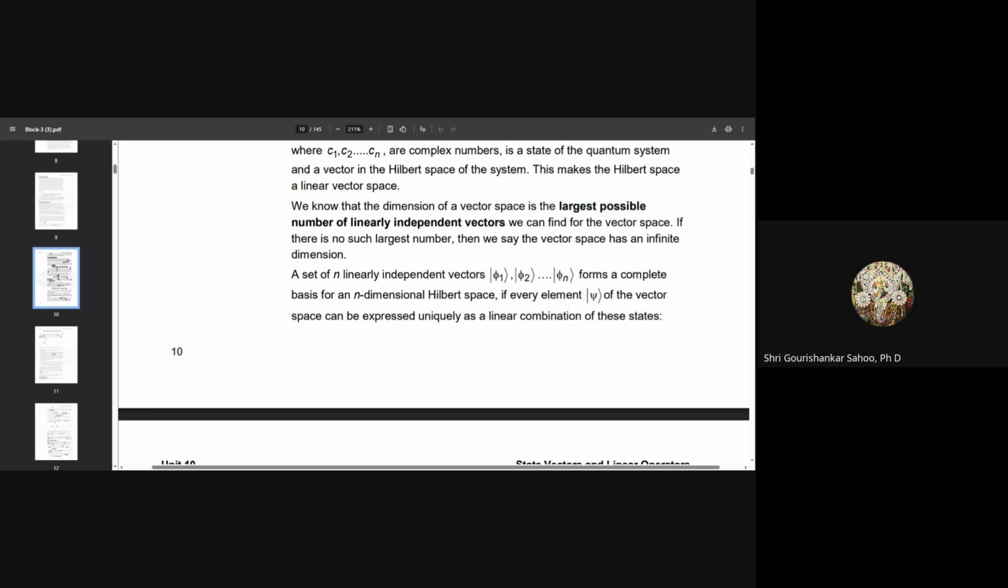And a set of n linearly independent vectors, phi 1, phi 2, up to phi n, forms a complete basis for an n-dimensional Hilbert space, which I have discussed in your Schrodinger formulation. If any element psi ket of the vector space can be expressed uniquely as a linear combination of these states,